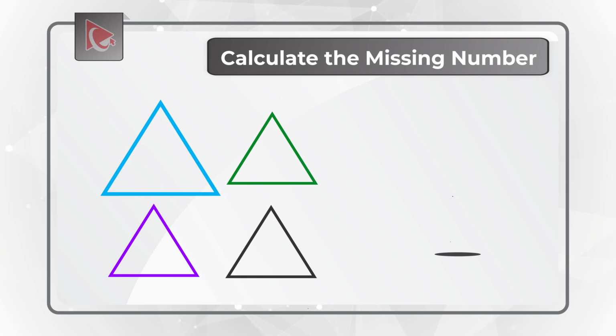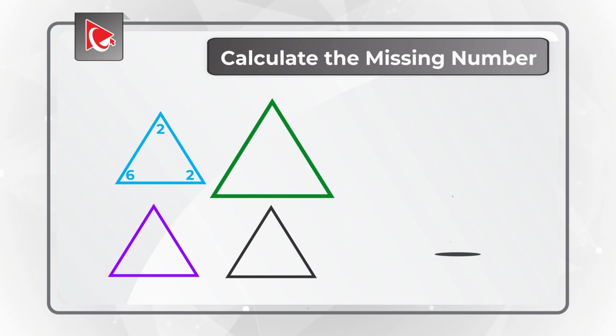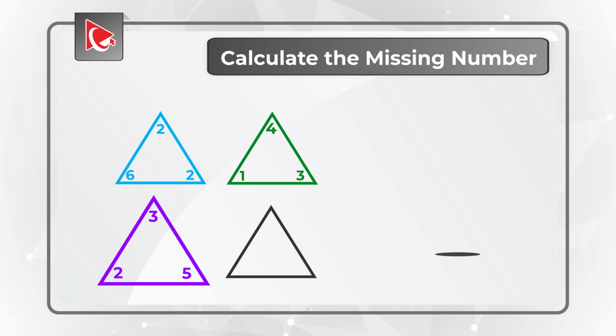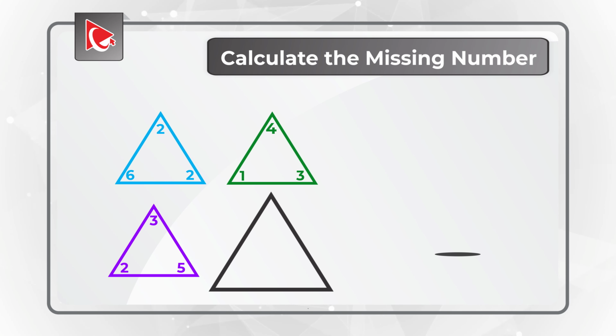The first, bottom left corner blue triangle has numbers in the corners 2, 2, and 6. The green triangle next to it in the upper right corner has numbers 4, 3, and 1. The purple triangle in the bottom left corner has numbers 3, 5, and 2. And then the last triangle, the black triangle, has numbers 0, 1, and then in the upper corner there's a missing number which you need to